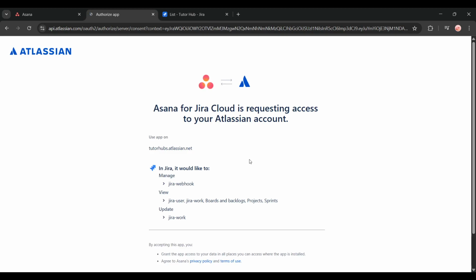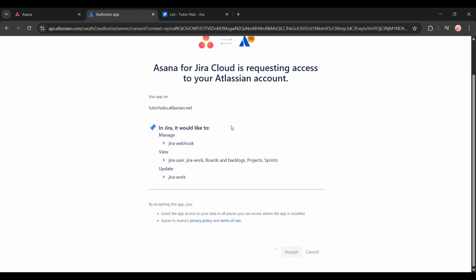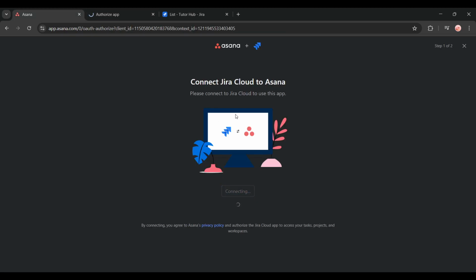Once you've completed the authorization, you can close that tab. Your Asana project is now fully integrated with Jira, and you'll be able to sync tasks and issues between the two platforms